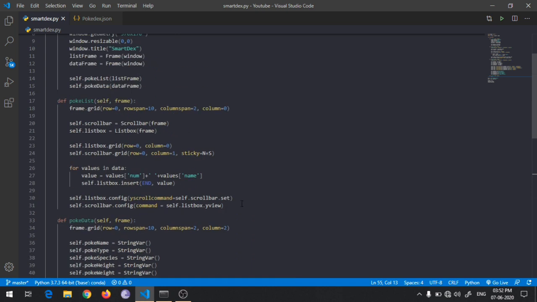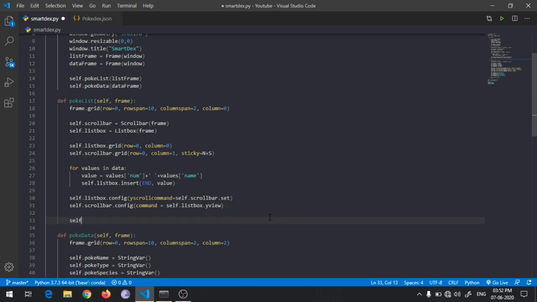First we have to go to Poke list and make some changes here. So I will go to self list box, and I will add a bind method to it. So I will bind it to an event, so each time the event is called, the changes will happen.